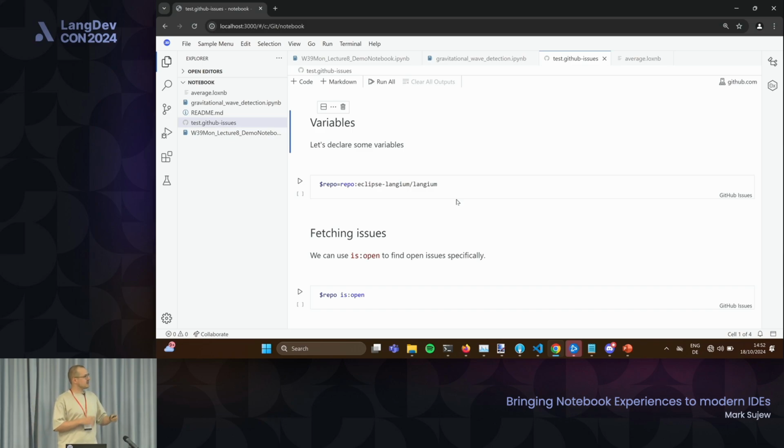And I can also use placeholders. For example, I can create a placeholder for my repository, which is Langdev in this case, and I can just search for it. And I don't have an internet connection actually, so I will just show a different one first,